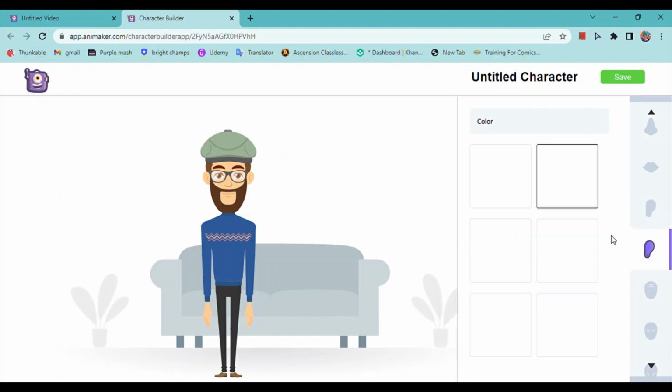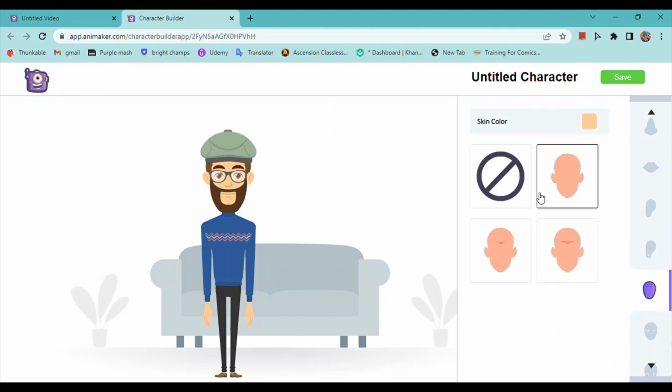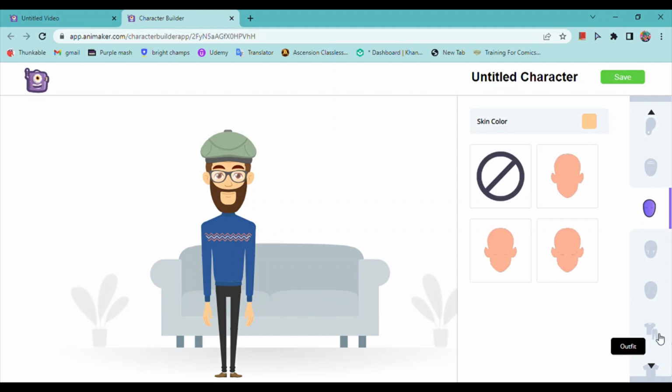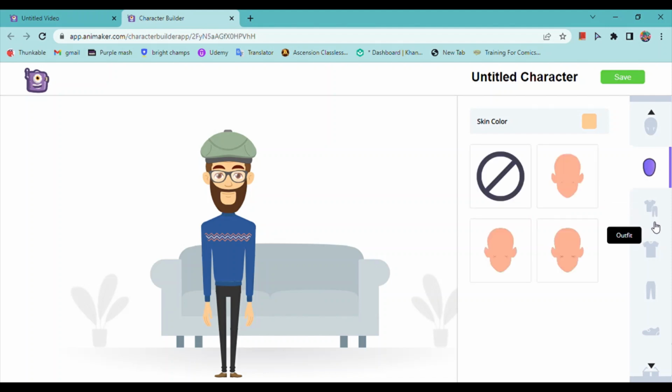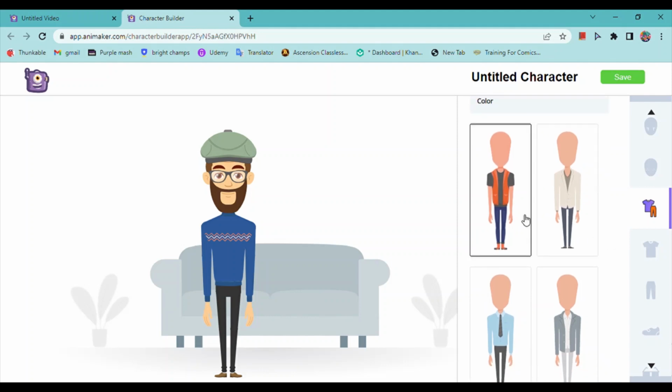you could also add earrings, you could also add frown lines. I don't know what anybody will use that for. You could also add wrinkles or smile lines or freckles. You could also upload a ready-made outfit for your character,